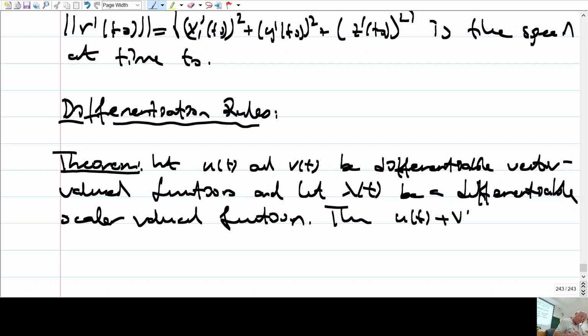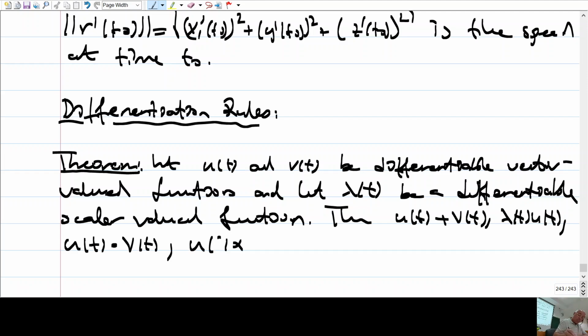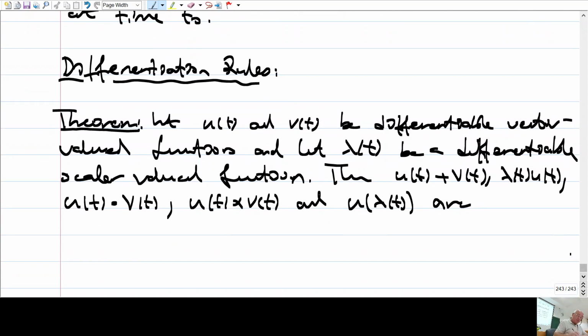u(t) plus v(t). We may add these vector valued functions. We can multiply a vector valued function with a scalar valued function. We can take dot product of two vector valued functions. We can take cross product of two vector valued functions, and we can take composition of a vector valued function with a scalar valued function. You get different functions. These are all differentiable,